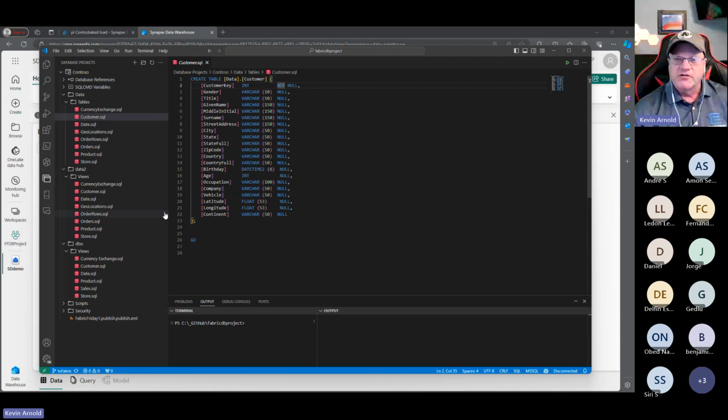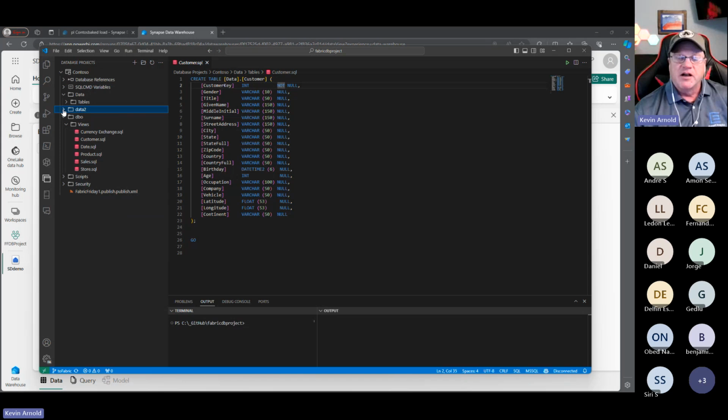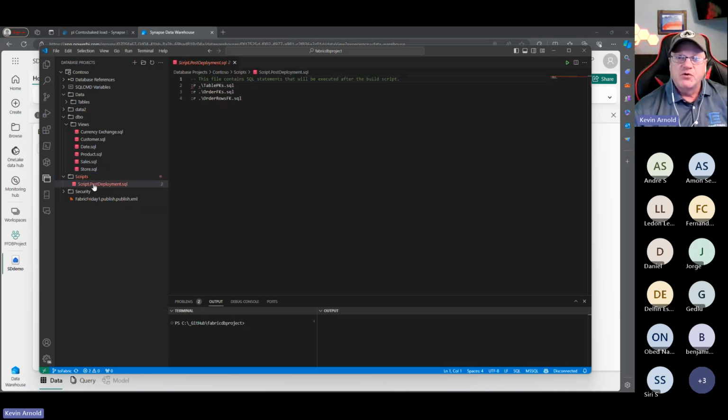I mentioned earlier that primary keys and foreign keys are not enforced, and you have to write them a certain way. I just discovered this earlier today. I added what's called a post-deployment script to my project, and I'm telling it to read these 3 other files that I have outside of my project.